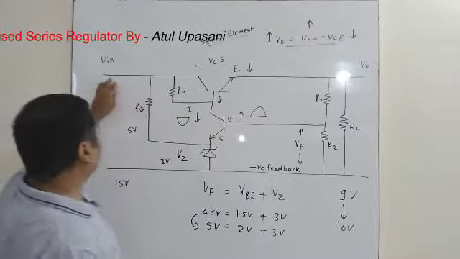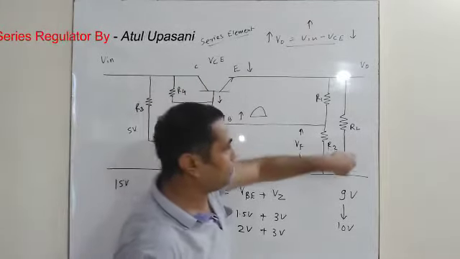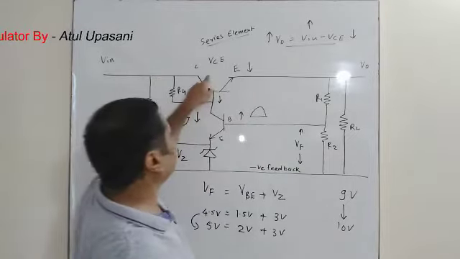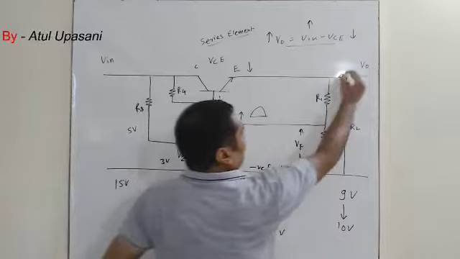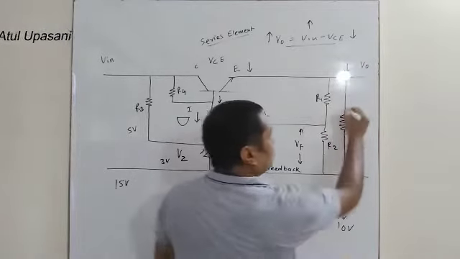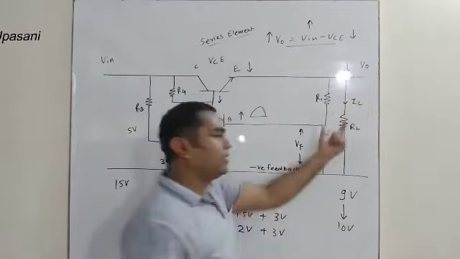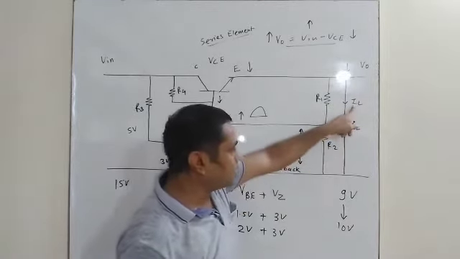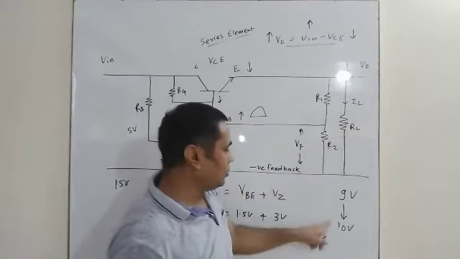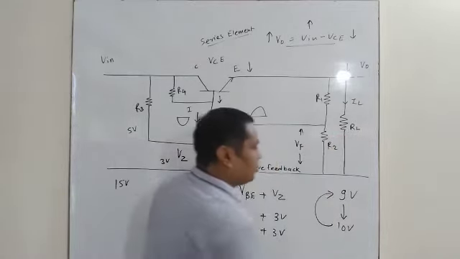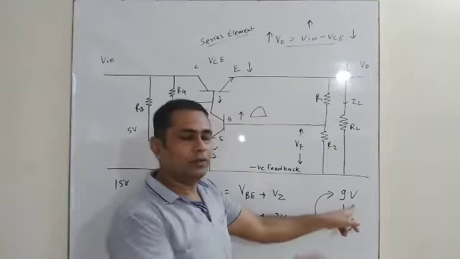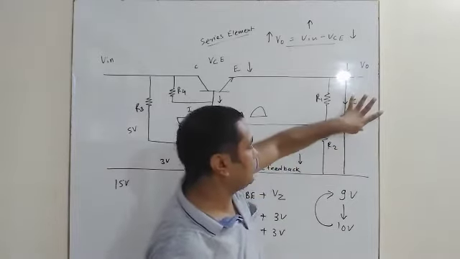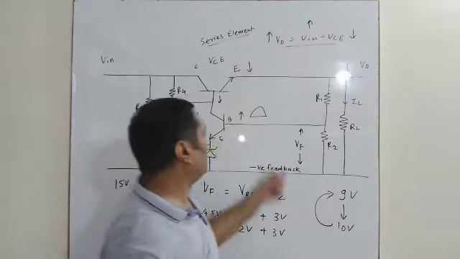At the start, we said that this transistor is in series with the load resistance. That means the same current is flowing through the load resistance as well as through the transistor. So the same proportion of load current will decrease. So here the load current will decrease by the same proportion. So at the output, if current is decreasing and load resistance is constant, the voltage will set back to its initial value, that is 9 volt. So in this way, if this voltage increases, it will set back to 9 volt.